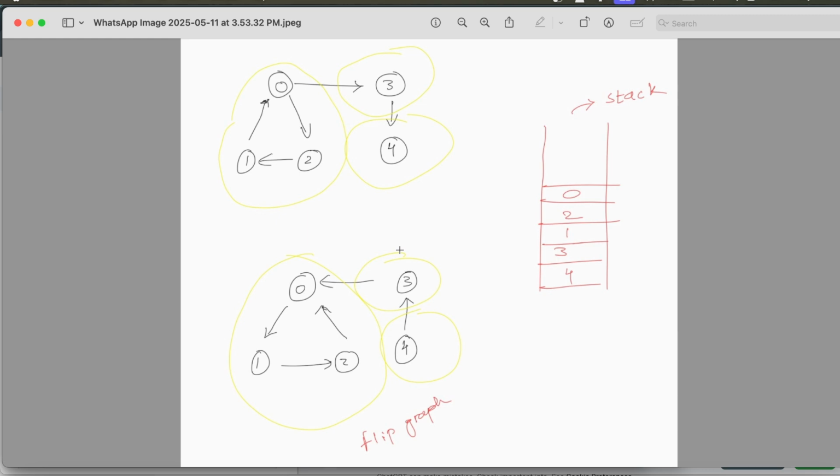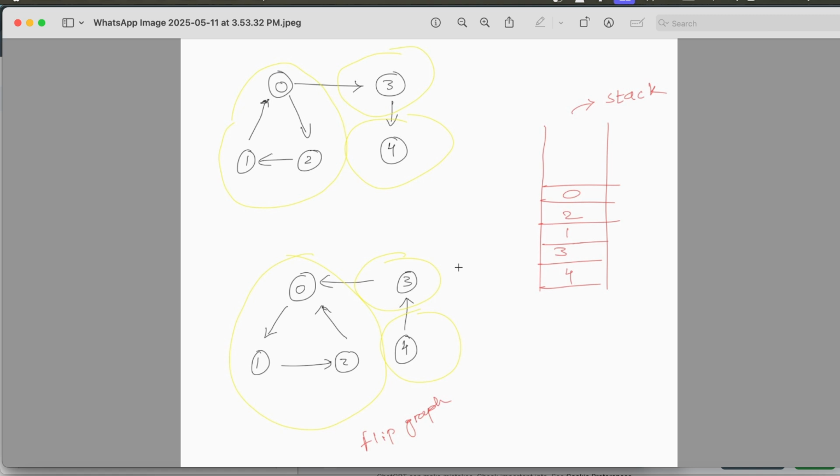Okay, so for any graph question, we must have an understanding of how DFS and BFS algorithms basically work. Without understanding that, we cannot easily solve this problem. Even recursion is something we need a strong grip on, then only can we solve this problem. Okay, so I hope you have understanding in those areas, so I'll directly explain how this algorithm works and what steps we need to follow to get all the strongly connected